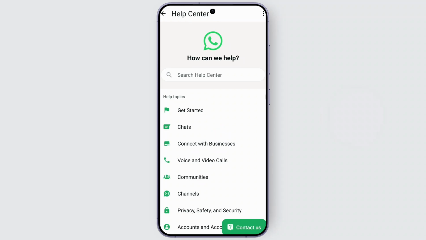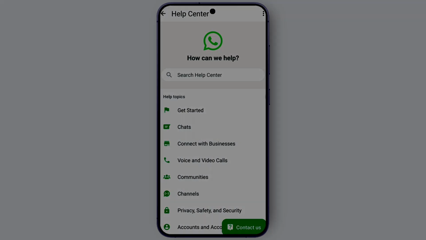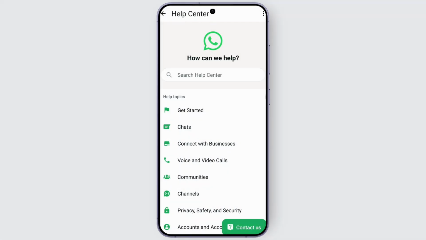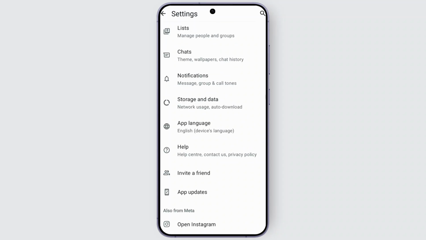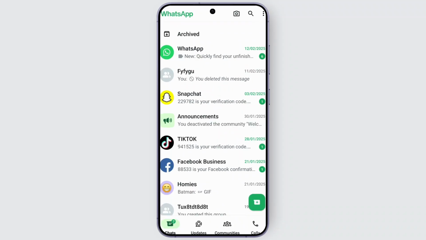So if you believe the ban was a mistake, be sure to clearly state why you were not spamming, and follow the WhatsApp guidelines to avoid future bans. Once you have submitted your request for WhatsApp to review your case and potentially reinstate your account, these are the steps you can follow that may most likely help you to fix this account is not allowed